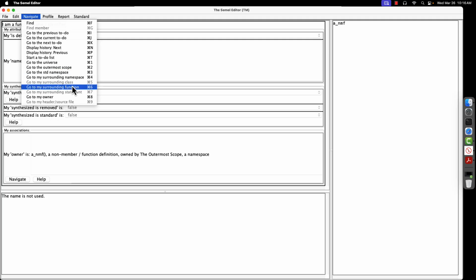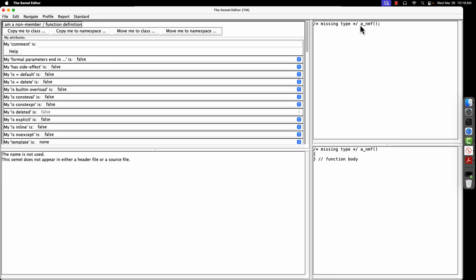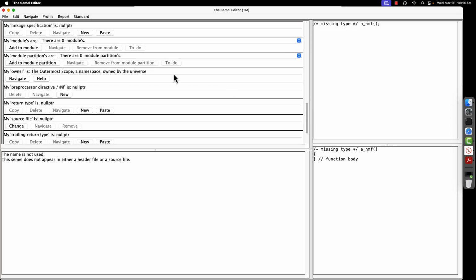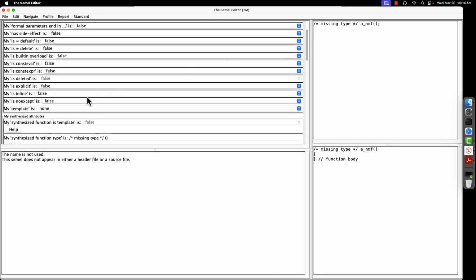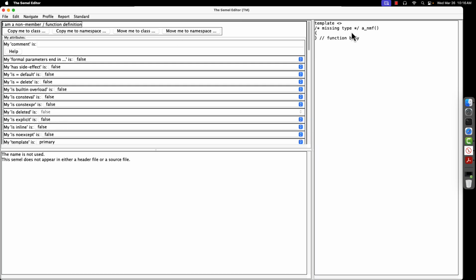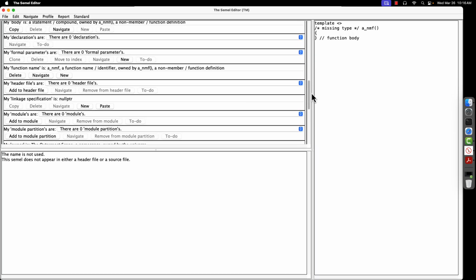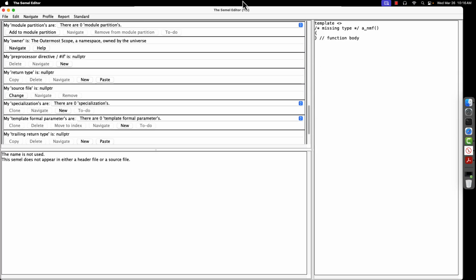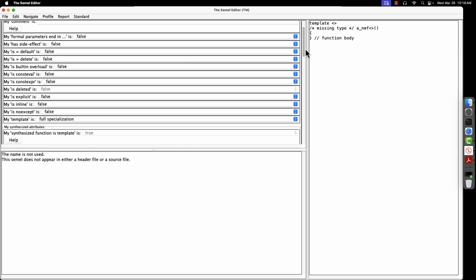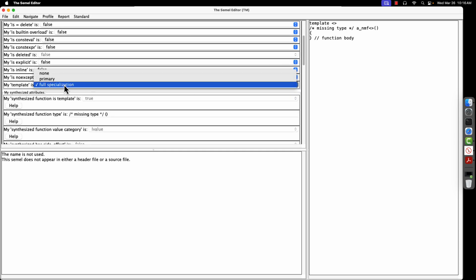Navigate up to the surrounding function. Here it is. Notice that it does not yet have specializations because it is not yet a primary. So let's make it become a primary. And it gets ready. Once we have the ability to be a primary, then we can have specializations. We can make a new one, and a new specialization has to be full because there are no partial specializations